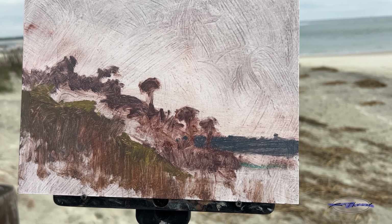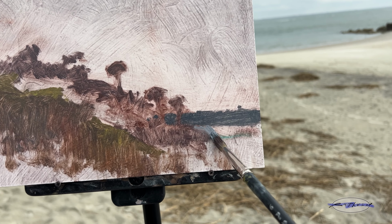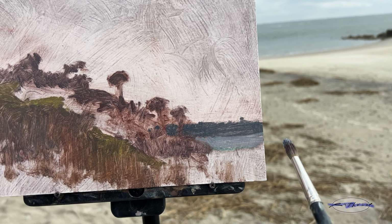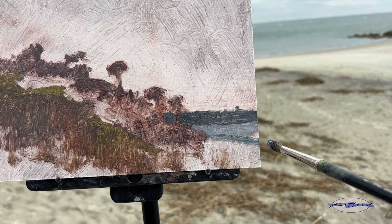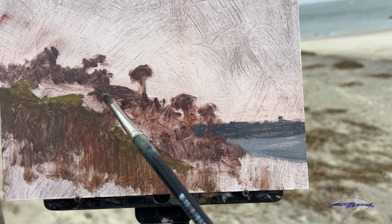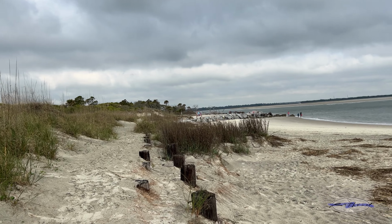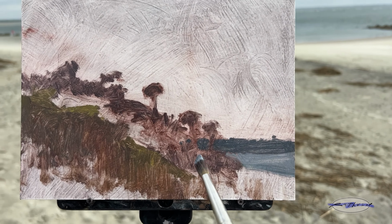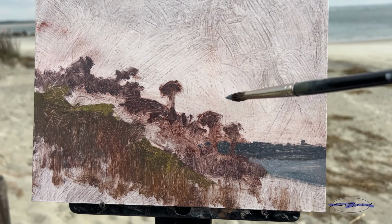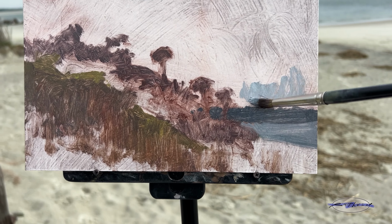I am going to add some white in here and map in where I want the ocean to be. So yeah, I really want that characteristic feeling of that outline of that ridge with the trees, and then there's some sand dunes and stuff in here. So I'll get a little of this sky in here,